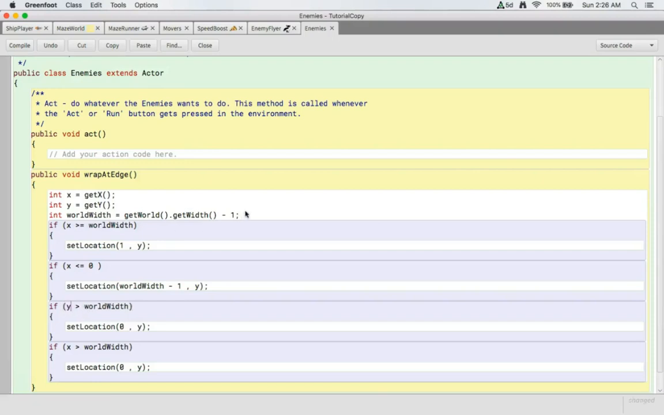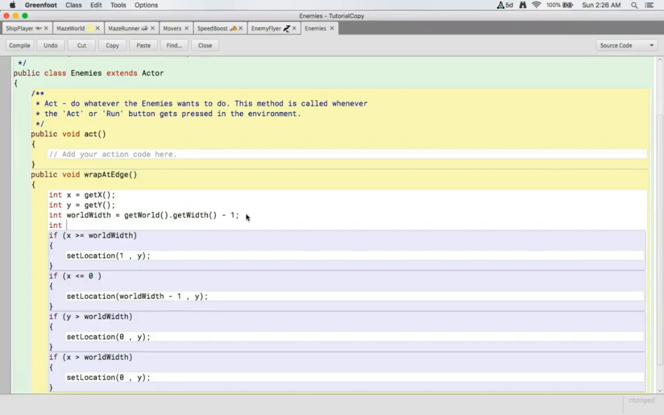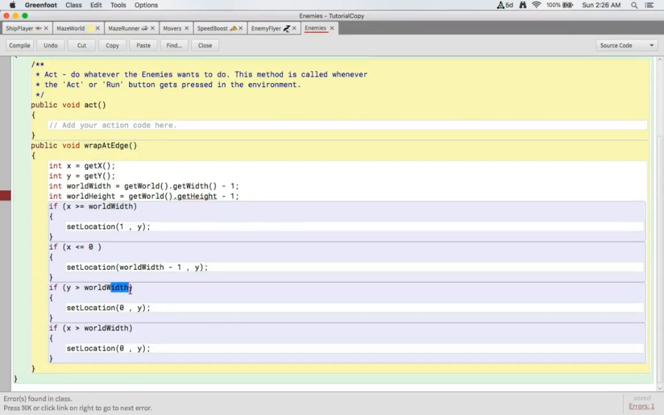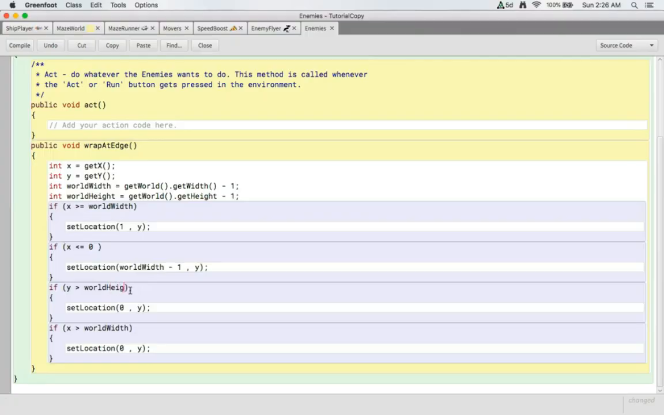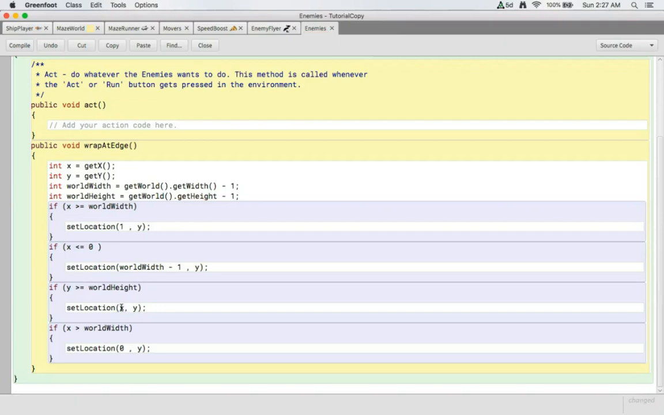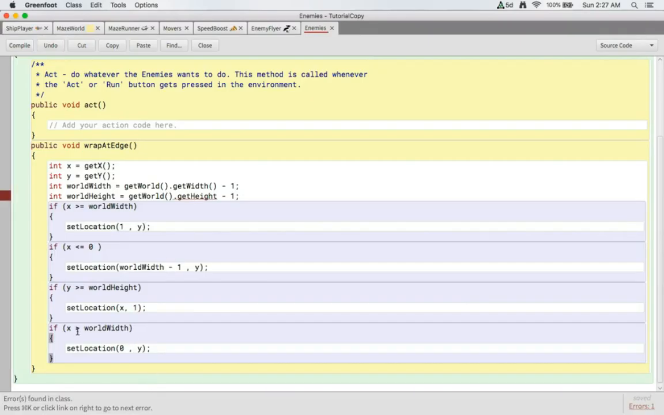So y, and we need to do our int height, world height equals get world dot get height minus 1, and we want our world height. So if y is greater than world height, greater than or equal to, excuse me, we want the x value to stay x, but we want the y value to go to that 1, just like we did here. And then